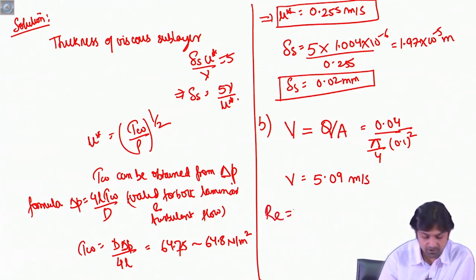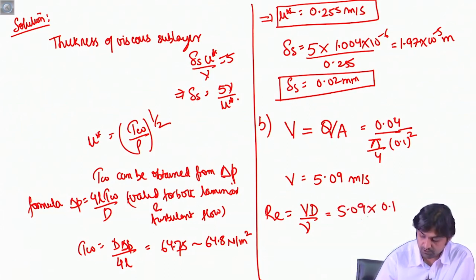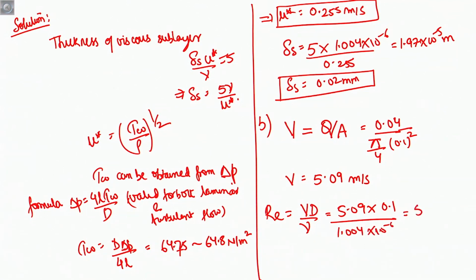Corresponding Reynolds number will be V d by nu. Alright, values we already know. V is 5.09, diameter is 0.1, and nu is 1.044 into 10 to the power minus 6. So it comes to be 5.07 into 10 to the power 5. Okay. So with this Reynolds number,